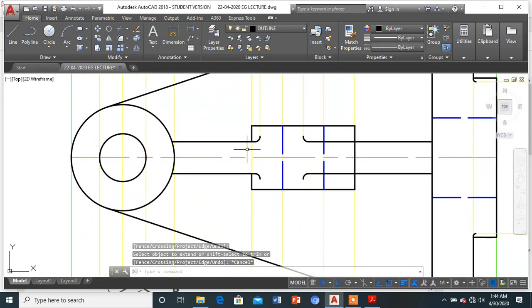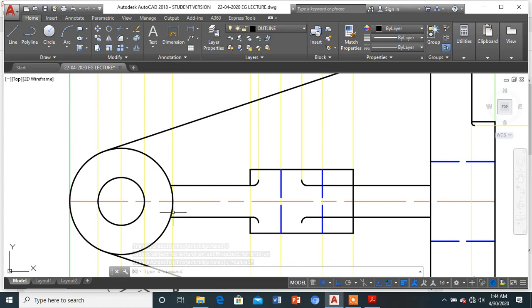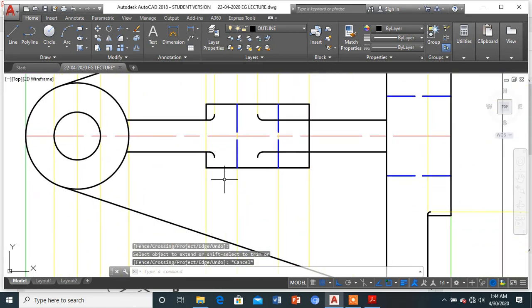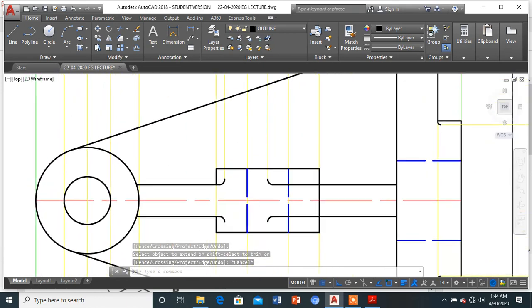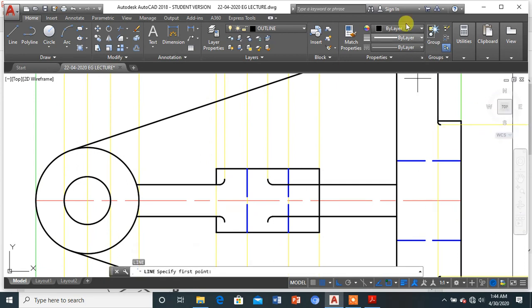Okay, so once we are done, this completes the diagram of the top view. Now whatever things are left out in the top view to be drawn are nothing but the hidden lines. So there will be one prominent hidden line like this. It will start from here.